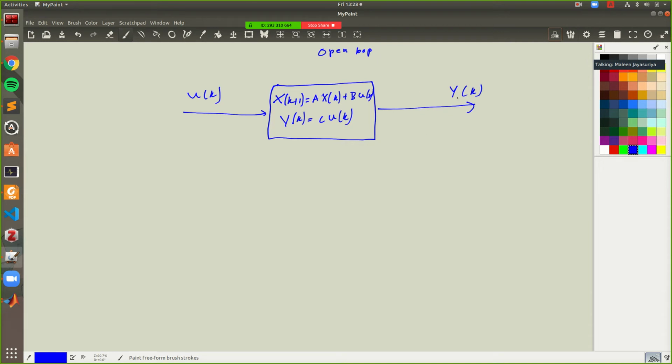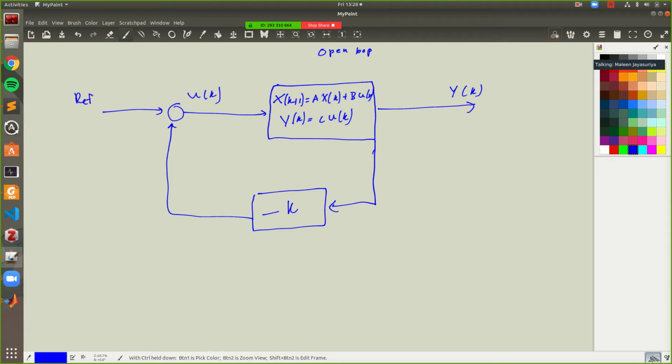But a feedback system means you're looking at the states of the system itself and then adjusting your inputs according to that, right? So we have a feedback loop going like this, and what we have is some sort of gain matrix here, which is compared to a reference input, which tells you where you want to go. So for example, if you want YK to be at 5, you give it a certain input, let's say 5, and you want to see if YK will follow that, right?